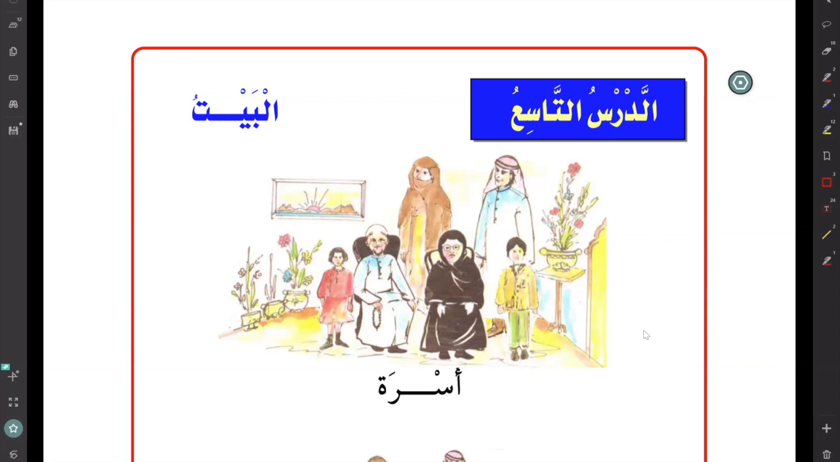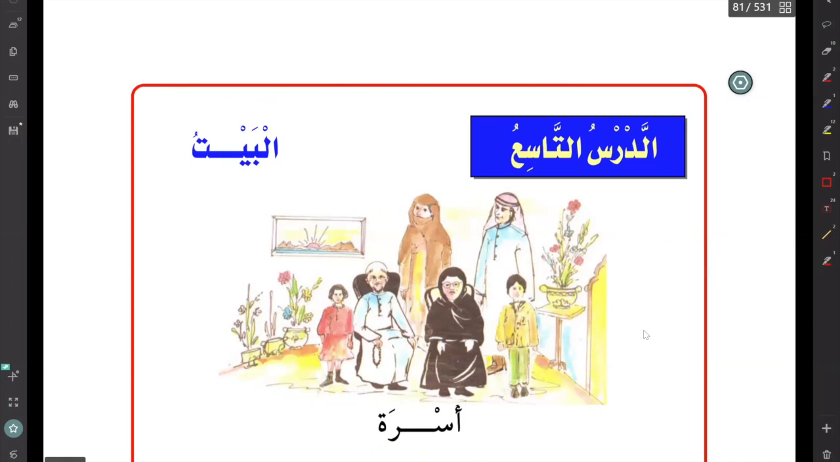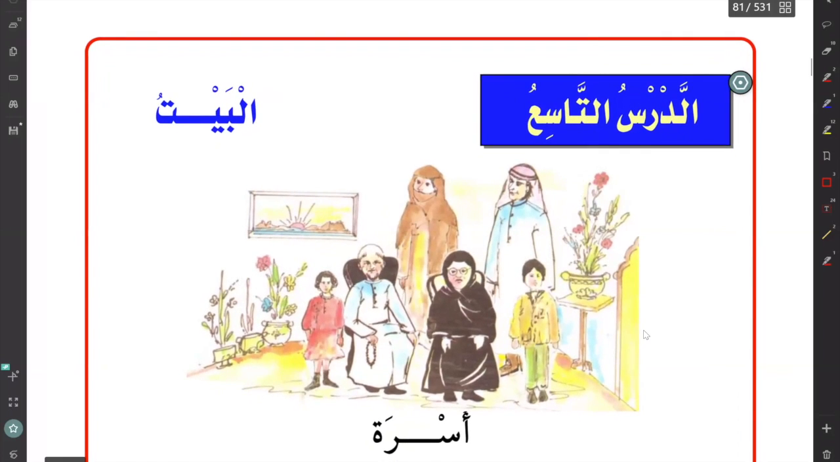So we're starting with our new lesson, الدرس التاسع. الدرس التاسع is your ninth lesson. Okay, so inshallah we'll be starting with our ninth lesson. The title of the lesson is البيت. ما معنى البيت؟